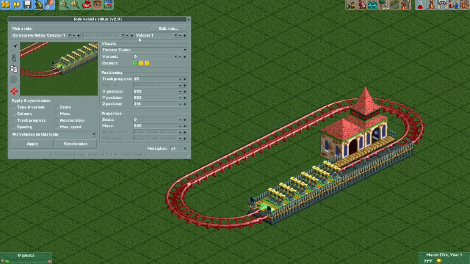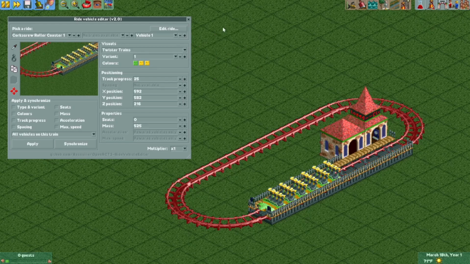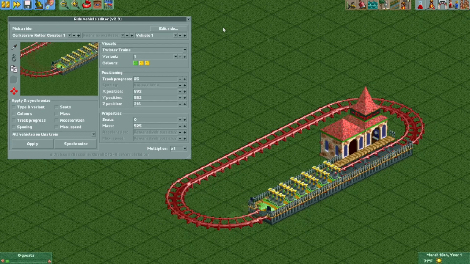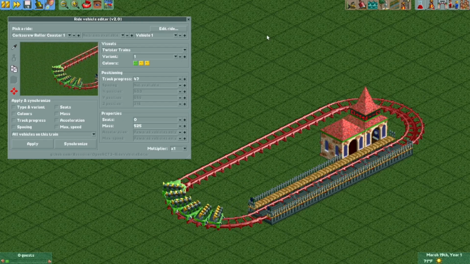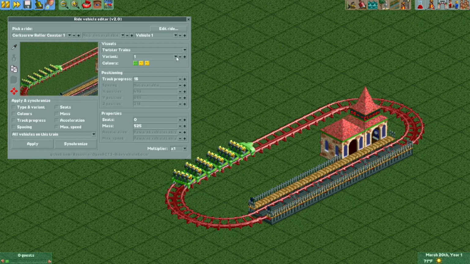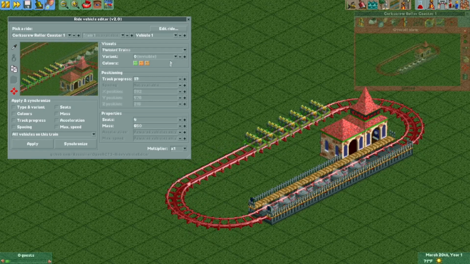Below the type dropdown, you can select the variant if the ride supports it. Many ride vehicles have different variants for different aesthetic purposes. For example, take the front cars on the Twister Coaster train, which is variant 1. It doesn't have seats, but it still acts as its own individual car that behaves just like all the rest. If you wanted to, you could turn it from variant 1 to variant 0 and it will look and behave like a normal car with seats.